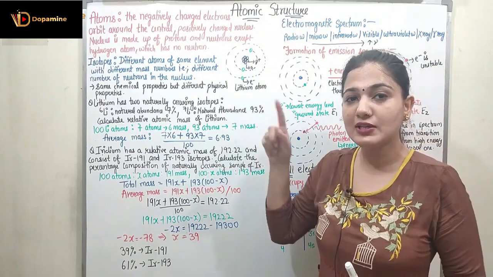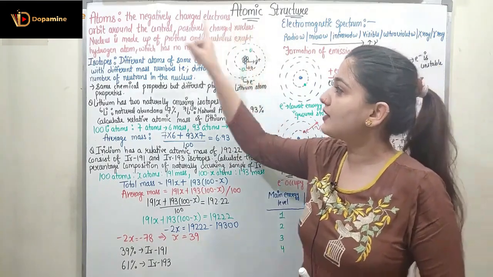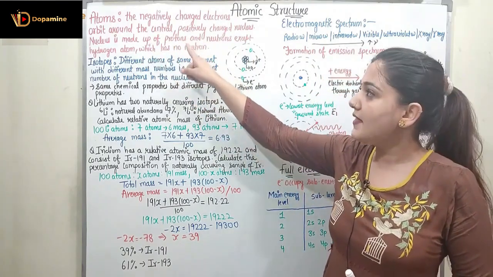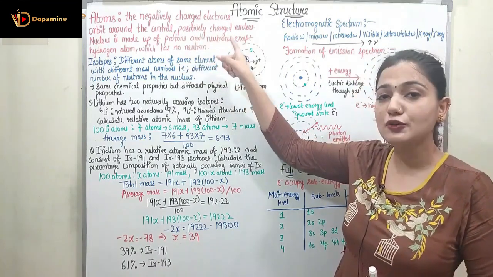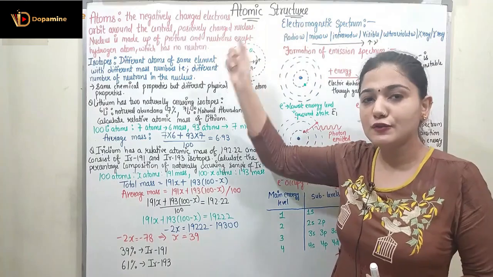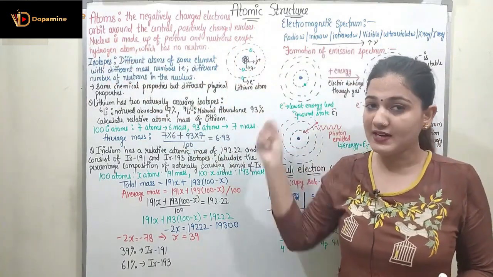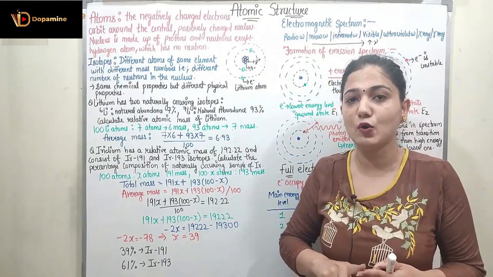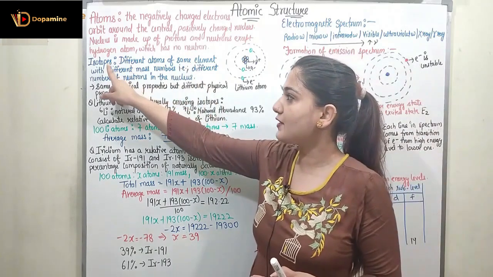Now we will be having the nucleus at the center around which electrons are orbiting, and this nucleus is made up of protons which are positively charged, and this is giving the positive charge to the nucleus. Besides the protons, it will also have neutrons, right? So neutrons are uncharged particles. Hydrogen atoms will not be containing neutrons. Only the hydrogen atom is the atom in which the nucleus will contain only protons and will not contain any neutron.